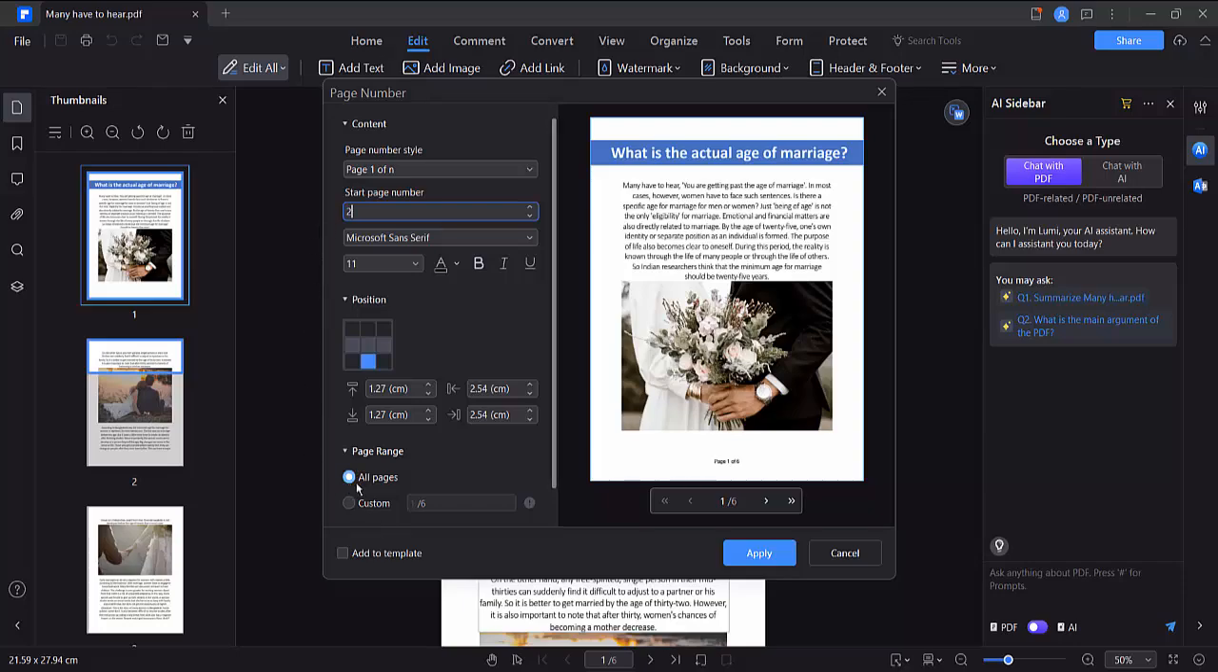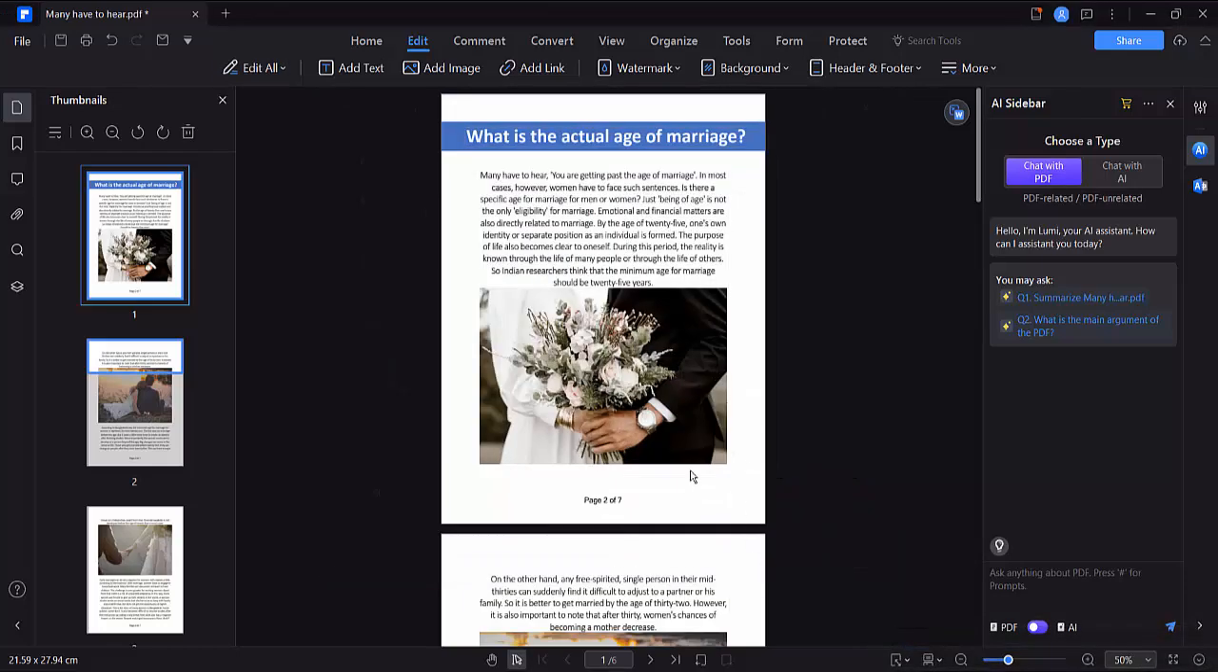and select all page range and this position and increase this page number font size and see this. Now simply select apply and see this page number now is started number 2